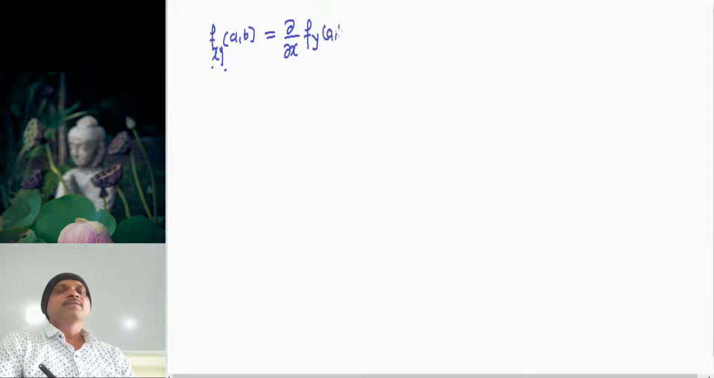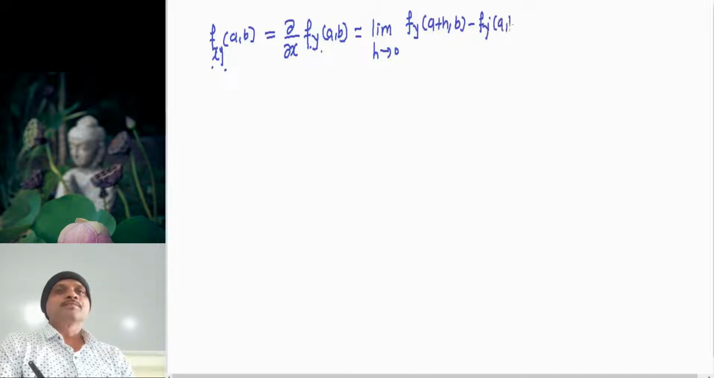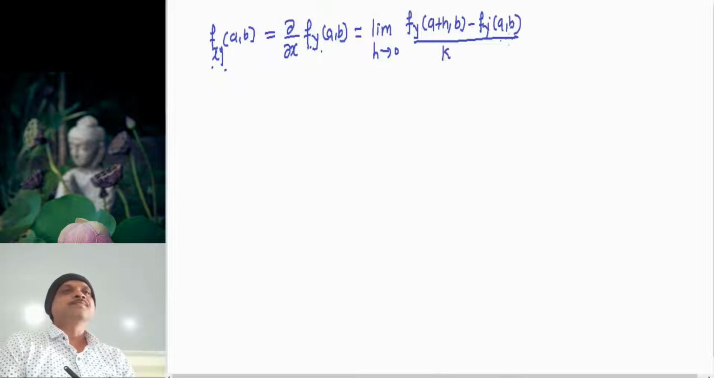Okay, so by definition this is the limit as h tends to 0 of f_y at (a plus h, b) minus f_y at (a, b) divided by h. Suppose this is equation number 1. Then